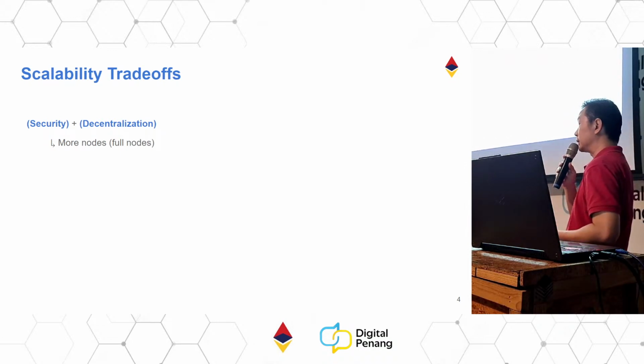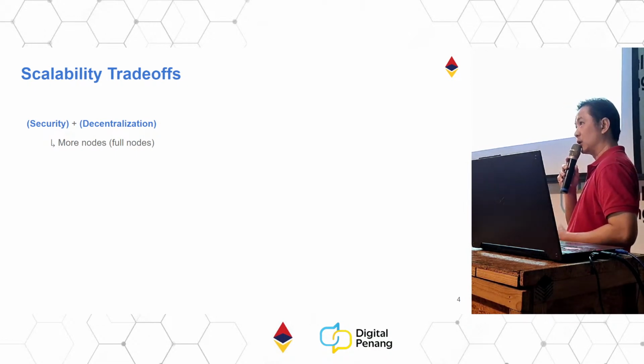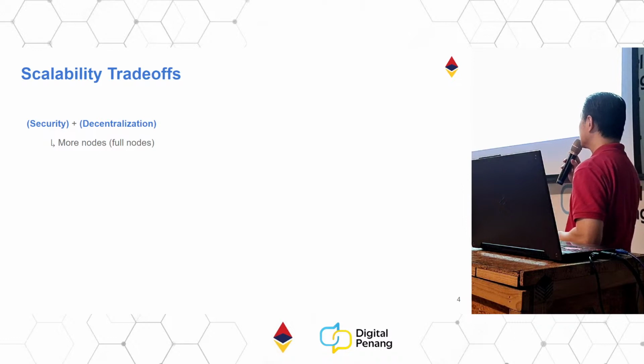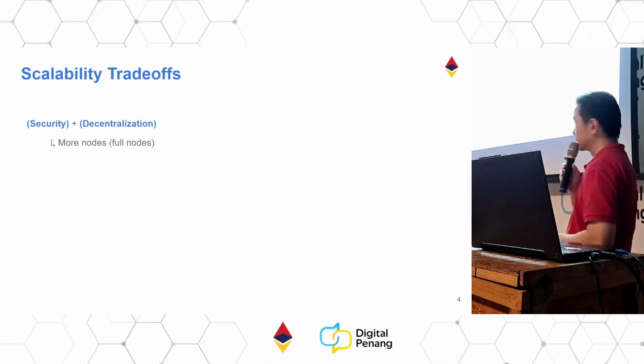So for a hacker to take over the whole network, you have to have a 51% attack. So how much is half of 320 ETH? That's a lot. That's a lot of money, right? The more validator nodes you have, the more secure your network is. So that's why we said